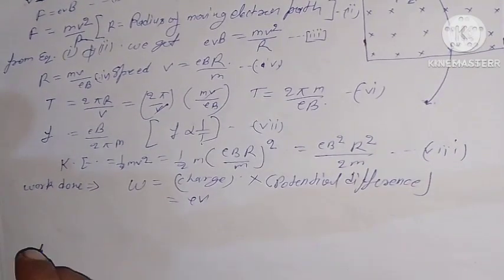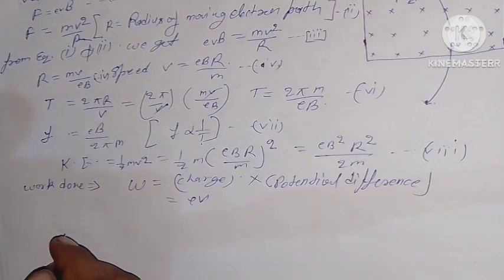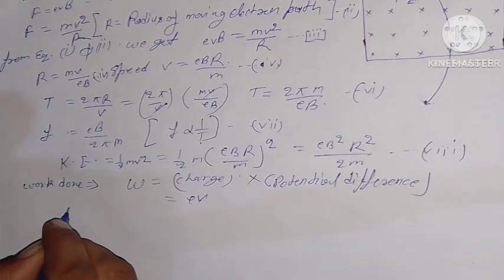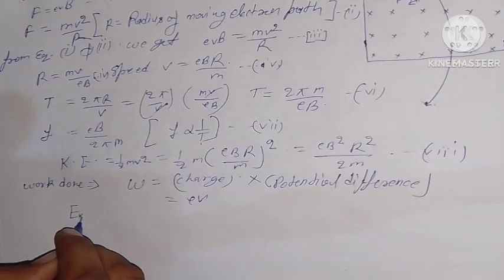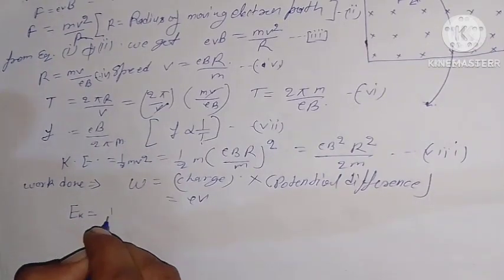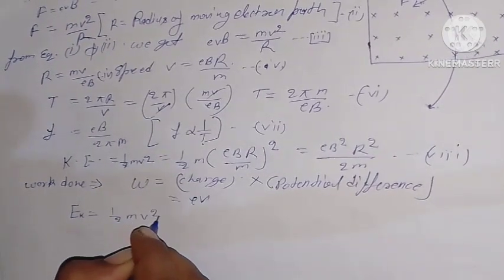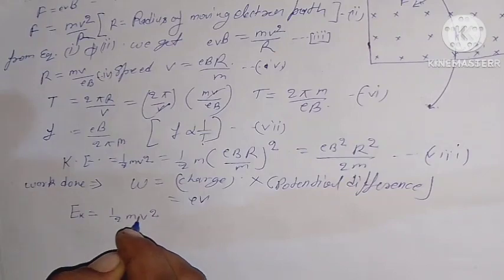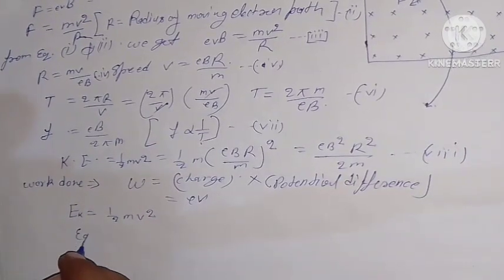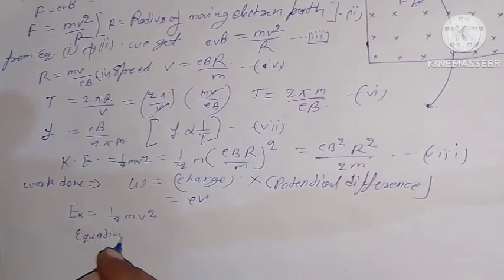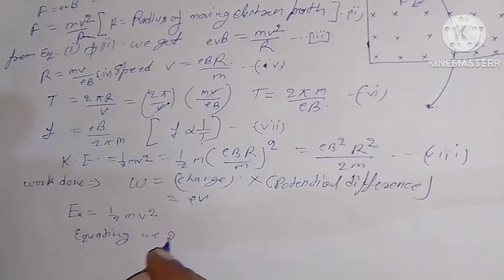The kinetic energy acquired by the electron is given by 1 by 2 mv square, and equating we get